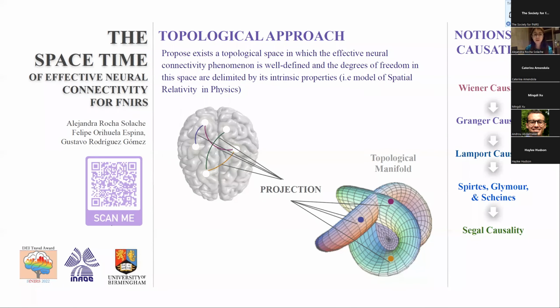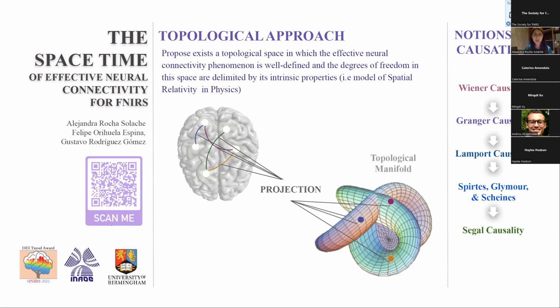We're interested in studying the nature of effective connectivity, which, as is well known, is a phenomenon that seems to be a good candidate for modeling as a causal problem. To be more specific, when we talk about causality in mathematics, we can find several definitions that have been established to express cause-effect intuitions. In this work, we're interested in proving that effective connectivity can be studied in terms of single causality. And to gain intuition, this type of causality is defined at the level of sets and is present in